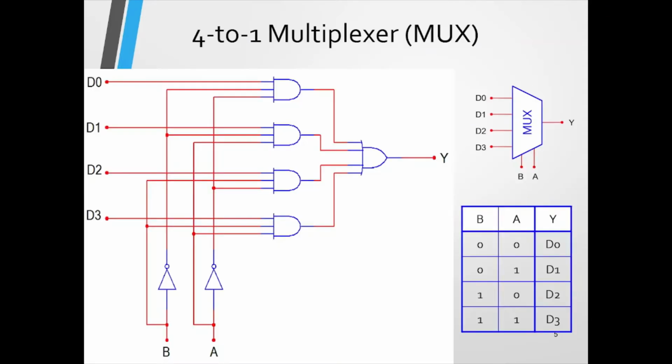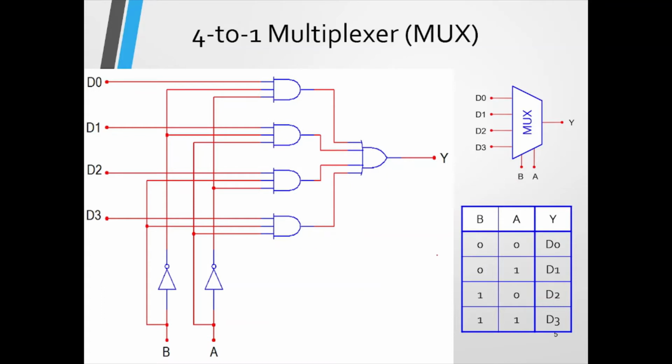Now we are going to study the logic diagram for this 4:1 multiplexer. This is the logic diagram for the 4:1 multiplexer, and this is a block diagram. In this block diagram, you can see there are 4 inputs, D0, D1, D2, D3, and there are 2 select inputs. So according to our formula, 2 raised to n is there. So n is 2 and the number of inputs are 4, right? And this is the logic diagram for the 4:1 multiplexer.